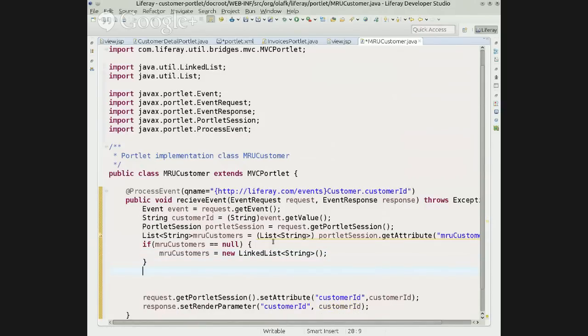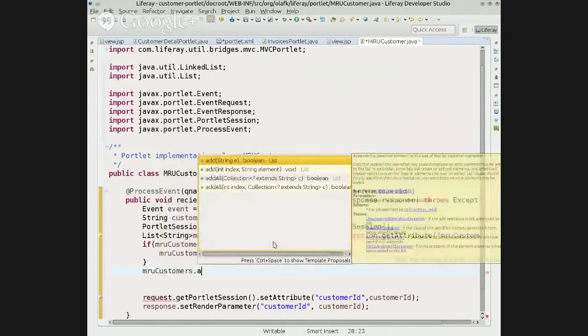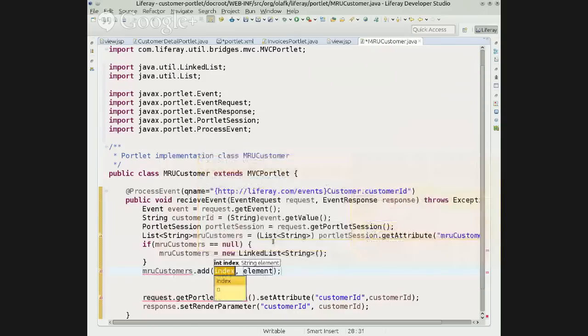Now what I want to do is stick in the first element, like the most recently used customer is this one. So let's say MRU customers with the index is customer. So that's basically it, because now the list would grow and grow and